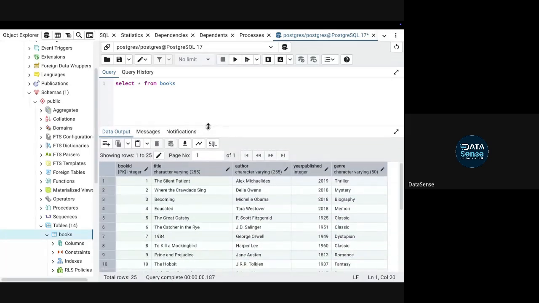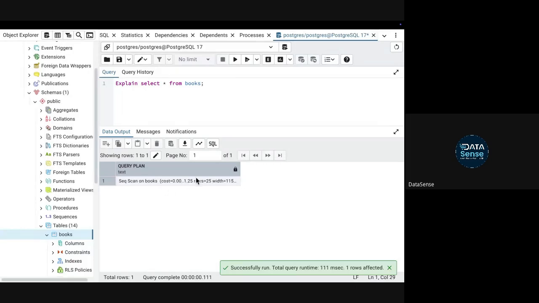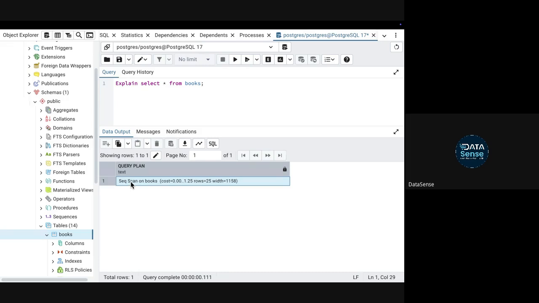Right now, if you want to see how a query executes, there are a few syntaxes you can run. The first step is to write EXPLAIN in front of the SQL query. When you execute it, it will show you something like this. Sequence scan means it is doing a whole table scan. Remember, there are two types of scan. One is index scanning, which we just learned, and the second is full table scan, which is also called sequence scan, where it goes row by row.